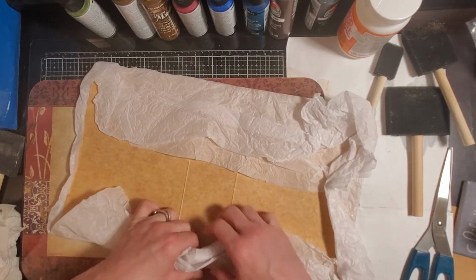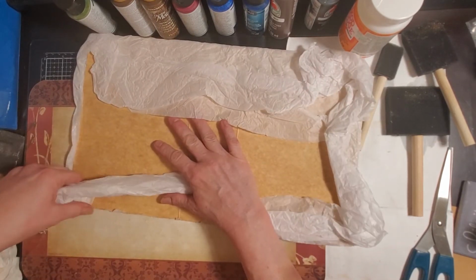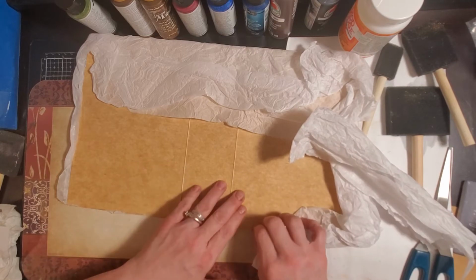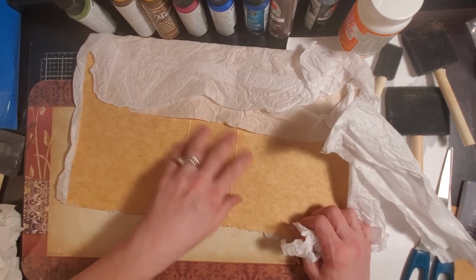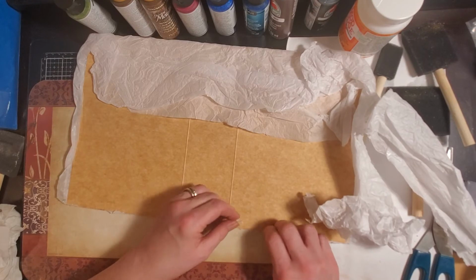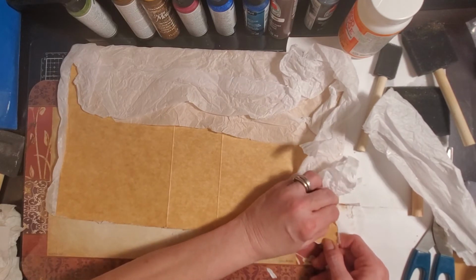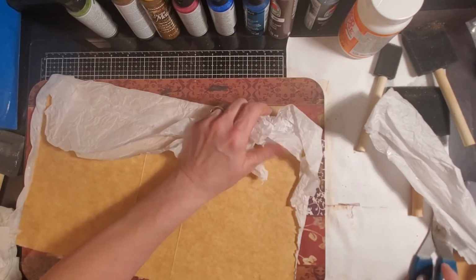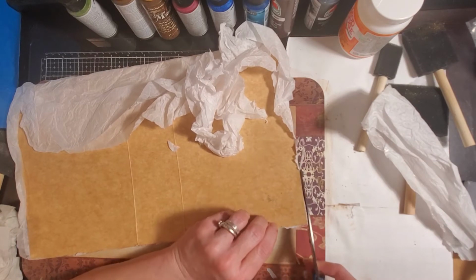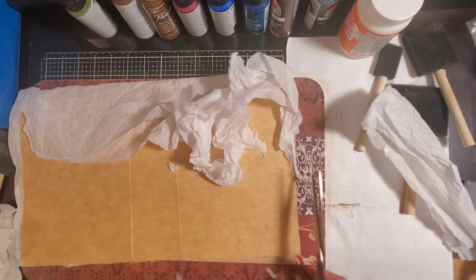And I'm going to see if I can tear this off. It looks like, and so you just pull on it a little bit. I haven't decided what I want to do yet. I'm probably gonna lay cloth in here, maybe paper, I don't know, but we'll see. What I'll probably end up doing is I'm gonna paint it with you guys, and then I'll probably bring it back on another video. And you know, I think I'm just gonna cut this because it's not tearing as good as I'd like. I think I'm just gonna bring it back probably on another video once I figure out exactly what I want to put on the inside and get the signatures in, and then that way you guys can